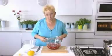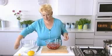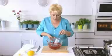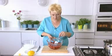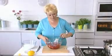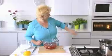So here are those strawberries that I marinated with half the sugar last night, and you can see that overnight the sugar has dissolved into the juice of the strawberries, and actually the strawberries have shrunk slightly, and you can see how much gorgeous strawberry syrup there is now, and it's wonderfully fragrant. Now that's going to go into my saucepan, but before I do that I just want to point out that